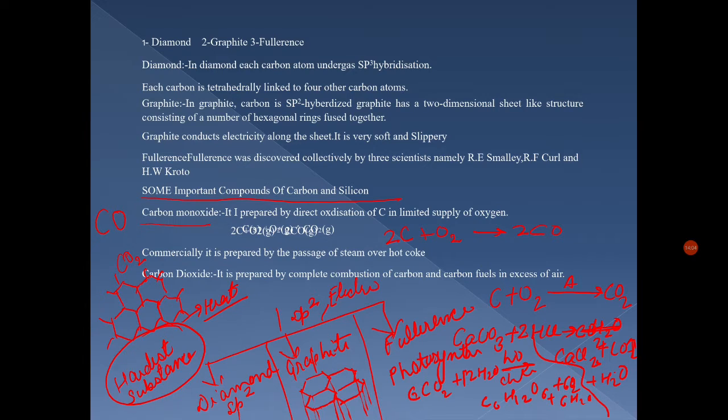Unlike carbon monoxide, it is not poisonous, but the increase in combustion of fossil fuel and decomposition of limestone for cement manufacture in recent years seems to increase the CO2 content in the atmosphere. This may increase the greenhouse effect and thus raise the temperature of the atmosphere, which might have serious consequences. Carbon dioxide can be obtained as a solid in the form of dry ice.